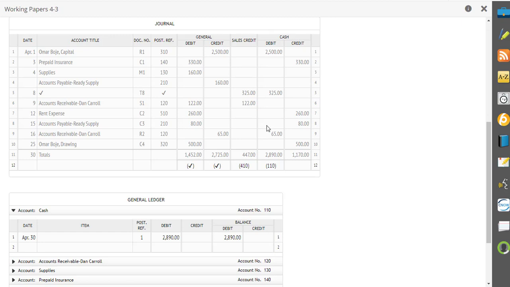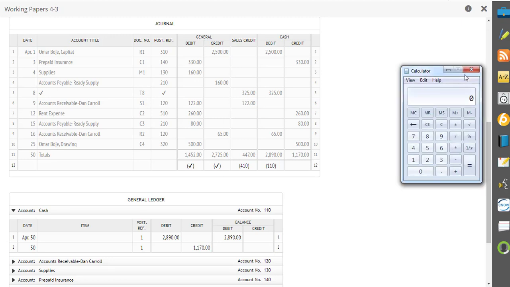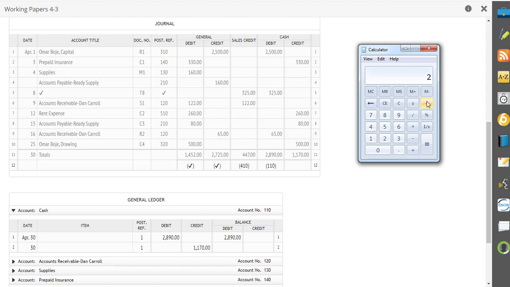Now I'm going to do cash credit. I'm going to put the date of the 30th. I don't have to put the month on there twice because I already have the month on there. So I'm just going to put the 30th. Post reference is 1. And now I'm going to credit it for $1,170. On your calculator, you would do math, except I can't move my calculator. I would take 2,890 and I would subtract 1,170. So my new balance now is